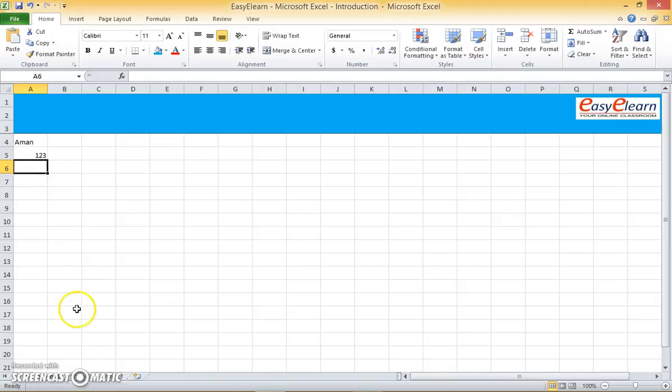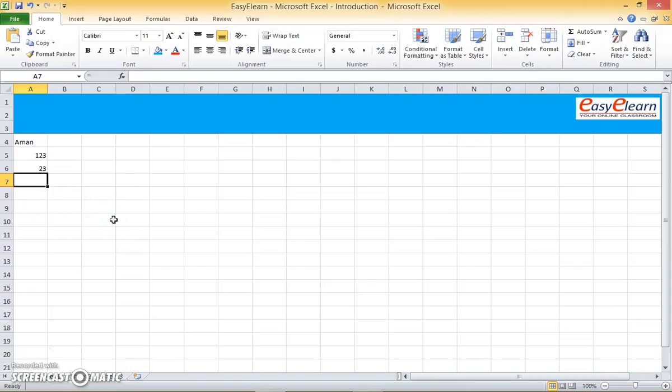So I key in another number here, 23. Oops, I go up now, put it in the proper place, num lock, 23. So you notice I got one number here in cell A5, another number in cell A6. I want to total up and get the answer in cell A7. In Excel, we actually do not care about numbers, how big they are or how small they are.